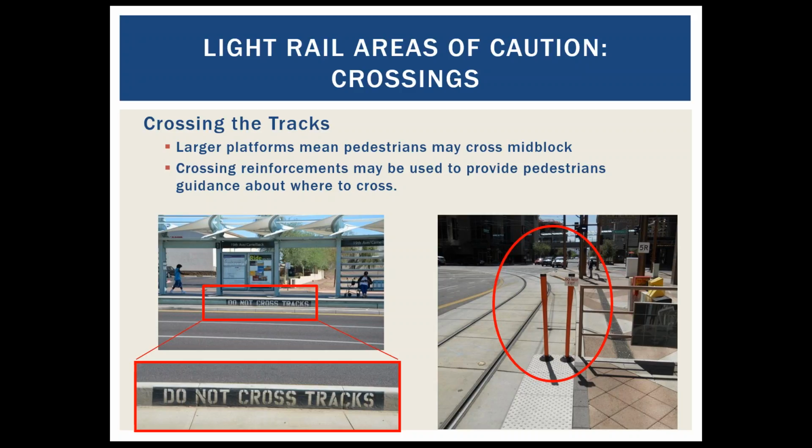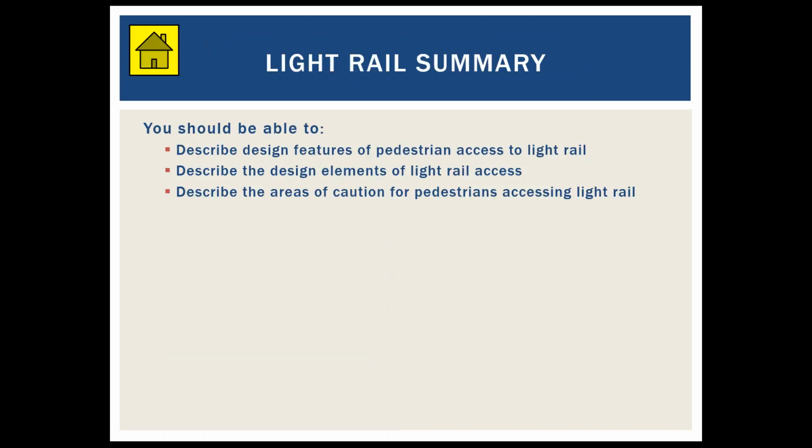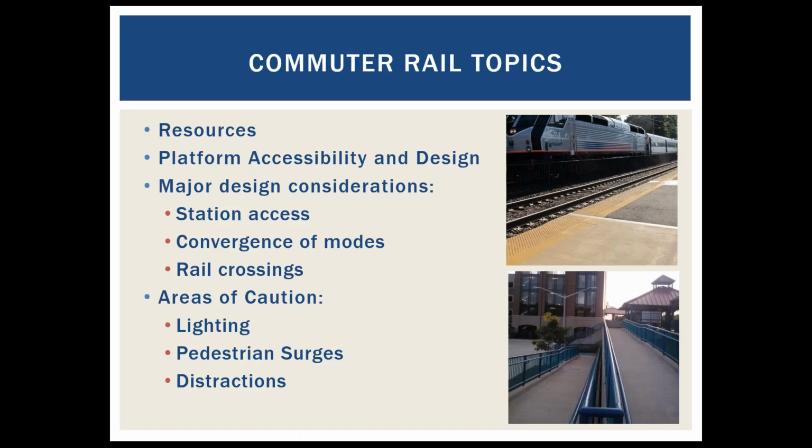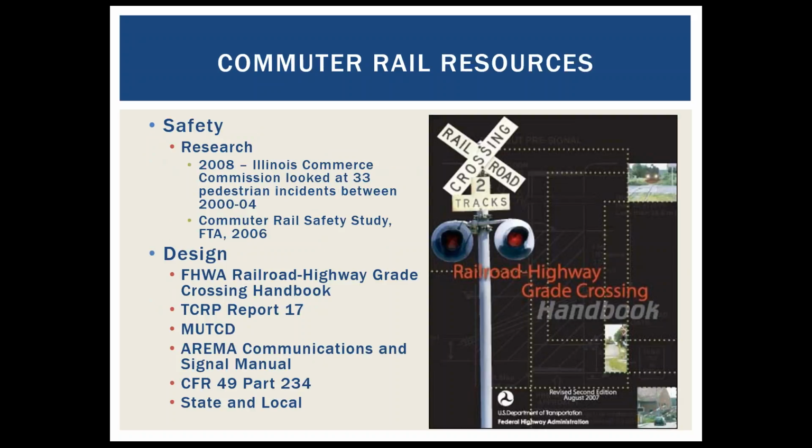So the low-cost treatments do have mixed effectiveness, but certainly should be tried before you try some of the more robust enhancements. So, crossing the tracks at mid-block locations, that's one of those key things with light rail. So, moving on, we will get into commuter rail, and I know time is running short, so this is basically what I'll cover. Again, we have the resources that are listed here,